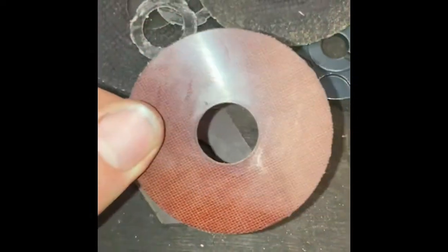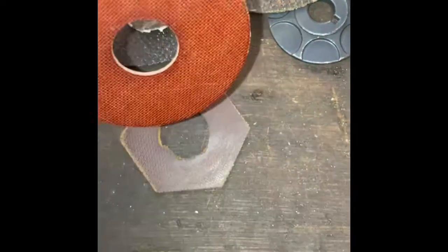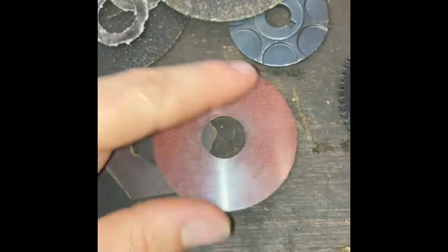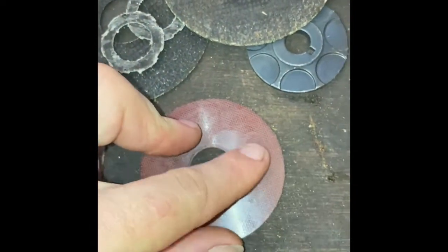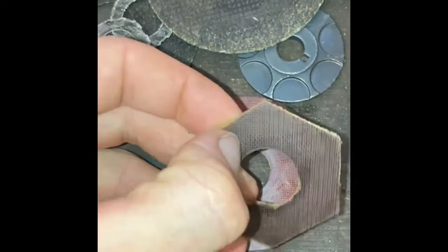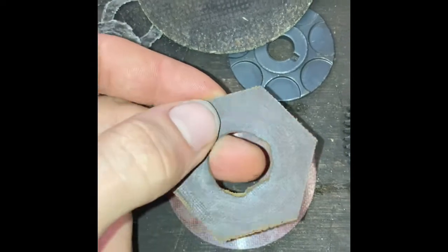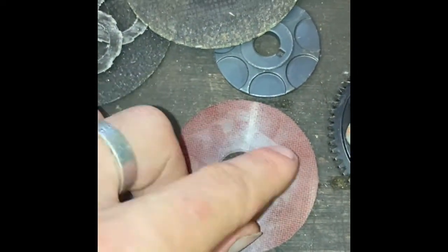here we have a friction disc, 1.5mm thick, from the bottom of a lawnmower blade, and it enables the blade to spin a little bit. This is quite a smooth material, but here's an older one, and it's been on a machine, so it's a little bit roughed up, so I can do the same to this with a bit of sandpaper just so it grips a bit better,